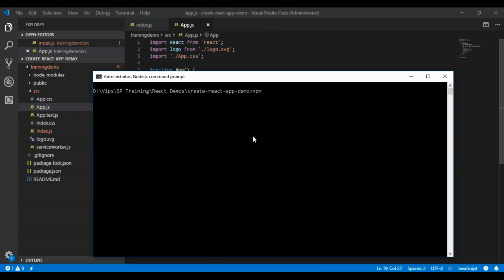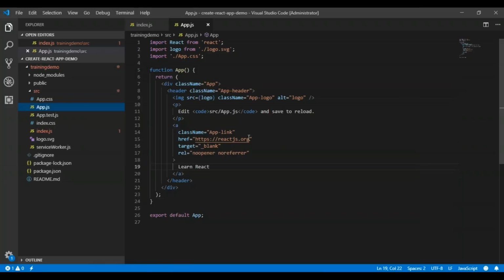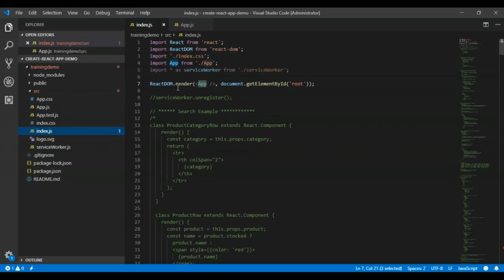So for running any React based create React app application, you have to use the command npm start. So I have just entered the command npm start and pressed enter. So it will open up in the browser. Meanwhile, we will see the code of what is written in this function component in app.js. So in index.js, I have written React DOM.render. This is the parent component, and document.getElementById is where I want to display or render the output.